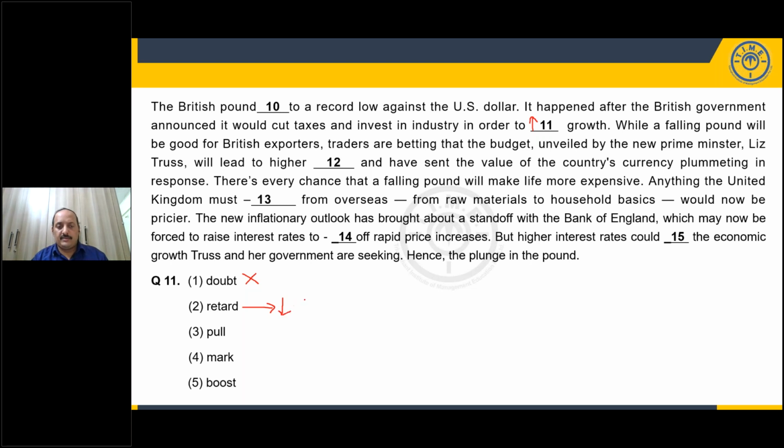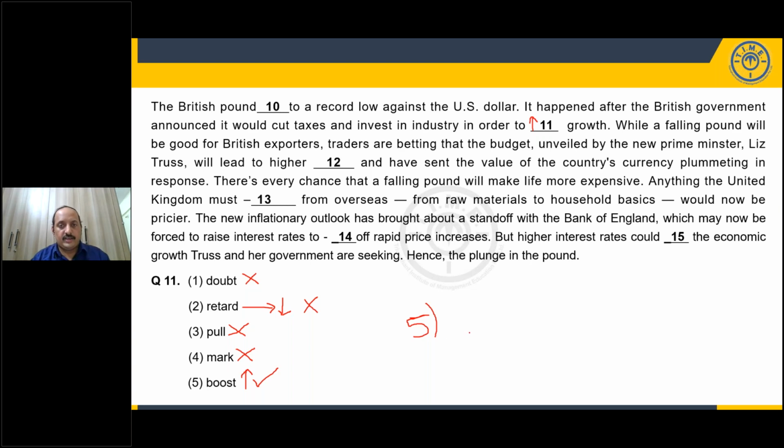To pull growth, but growth is not something that can be directly pulled up or pushed down. So that word here is inappropriate. Mark growth. Again, I'm not talking about highlighting something, but boost growth. Now to boost is like rocketed, increased. So my answer would be option number 5. It happened after the British government announced that it would cut taxes and invest in industry in order to boost